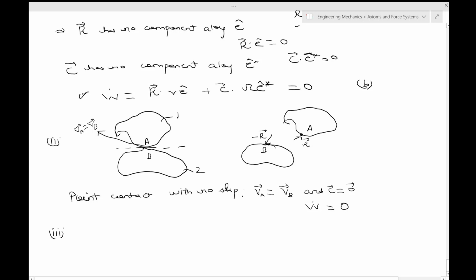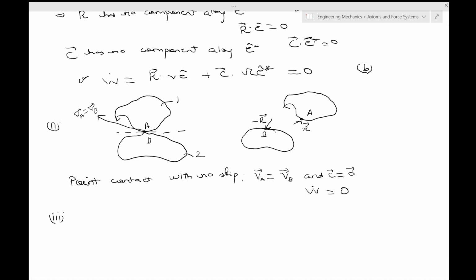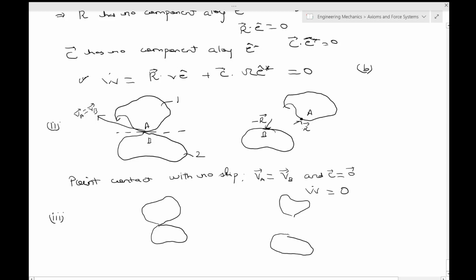Okay, now let's take up a smooth contact. So if this is point A, this is B, this is 1, this is 2, and this is VA, VB, and clearly N minus of N hat is equal to N hat A B. Okay, so if you have a smooth